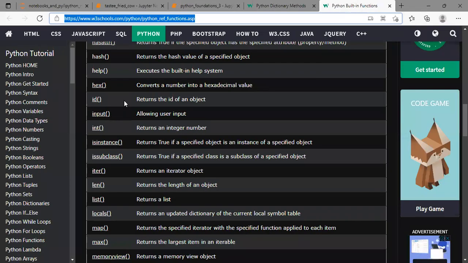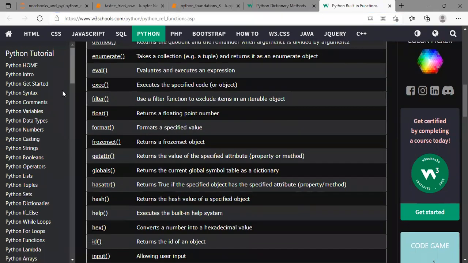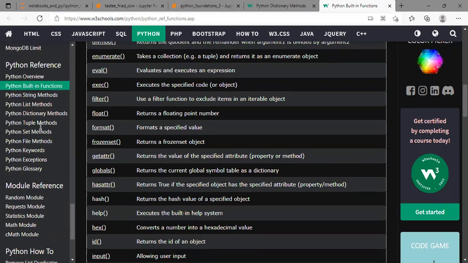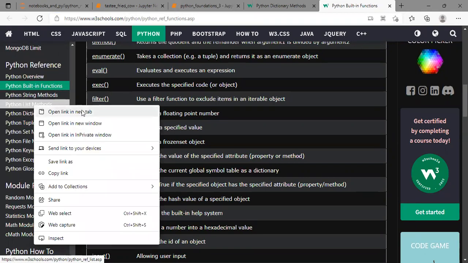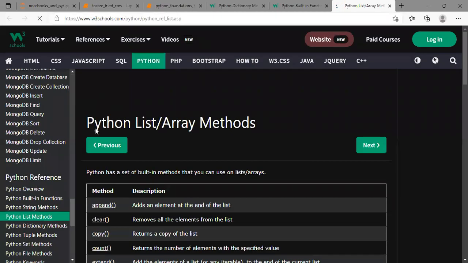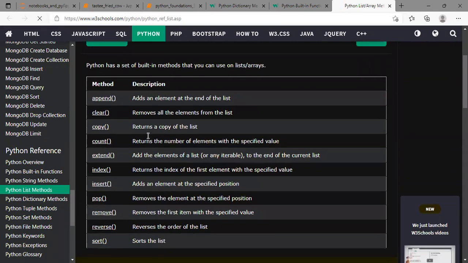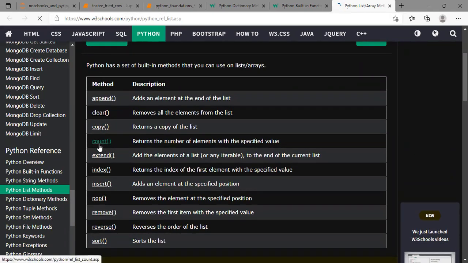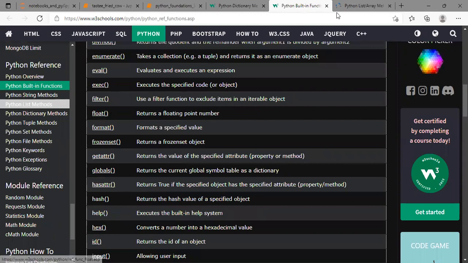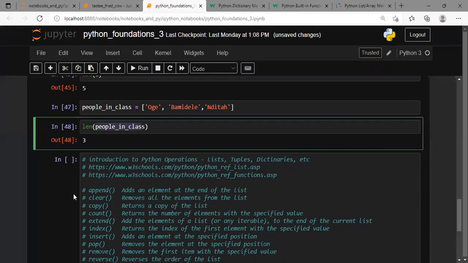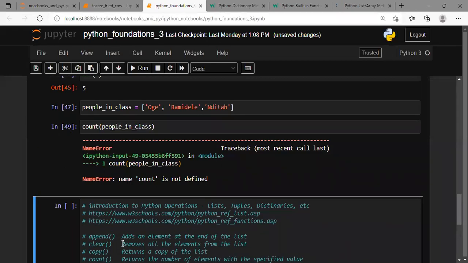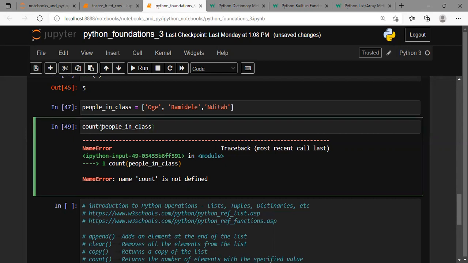But every other function, for example, let me go to list methods. Sorry, I'm scrolling very fast. For example, I want to say count. You can see that this one is written the same way: the name of the variable and then 2 brackets. But let me go and use this count. You'll see an error. But if I say people in class dot count,